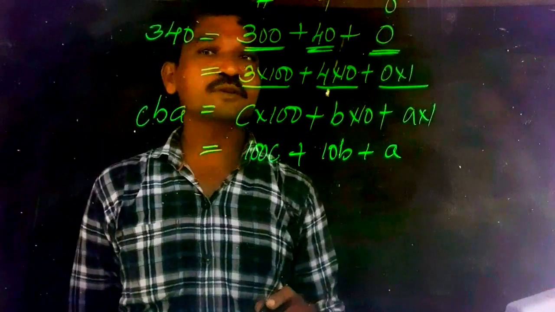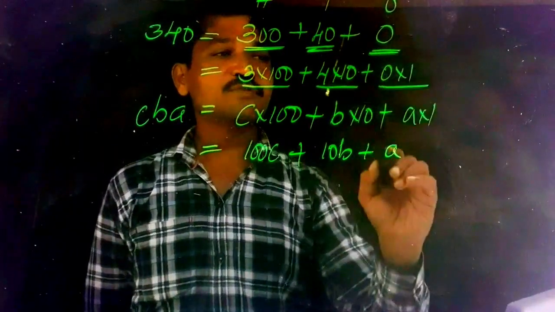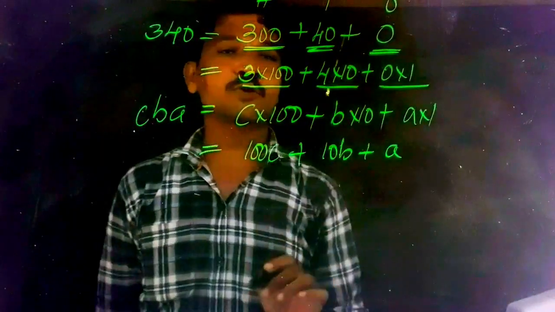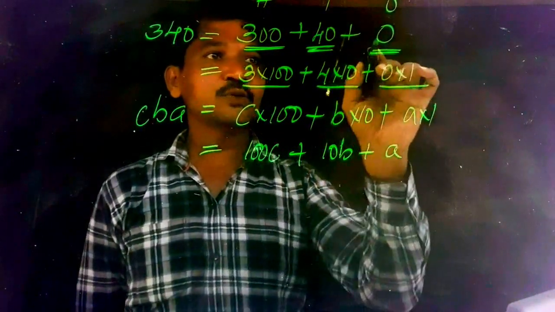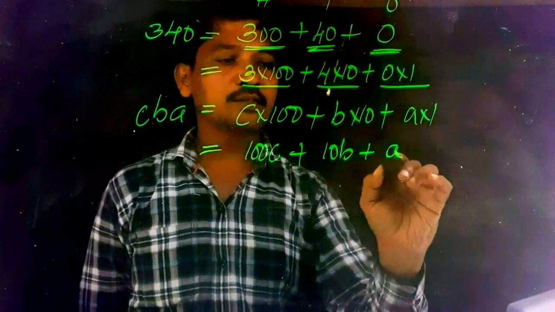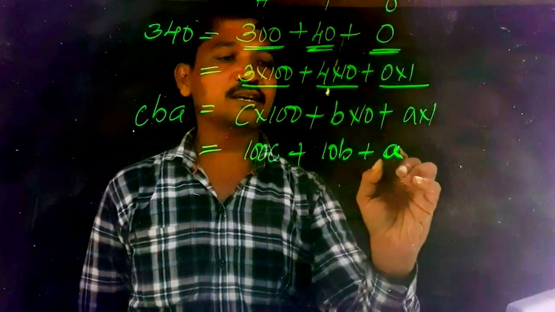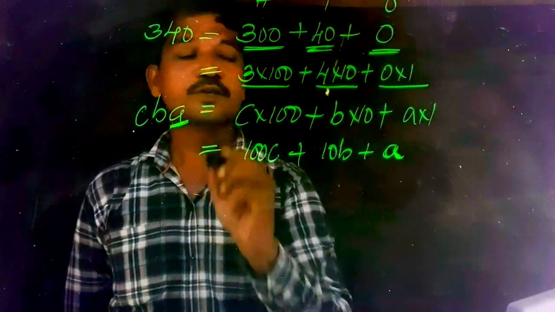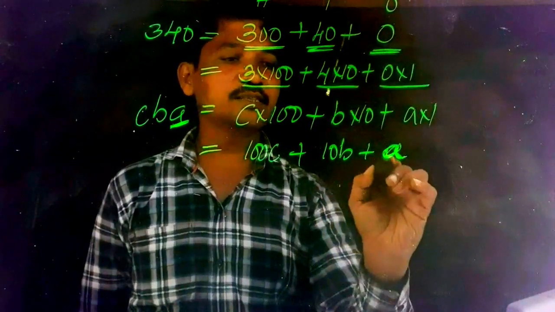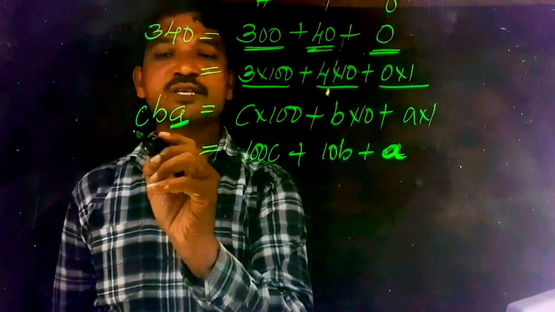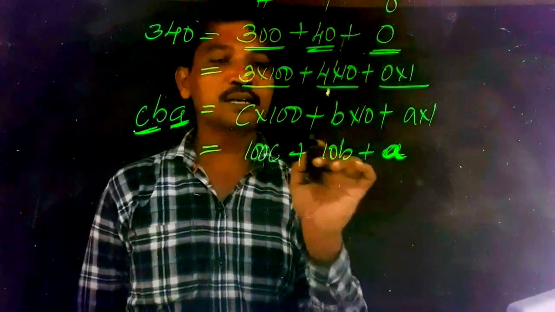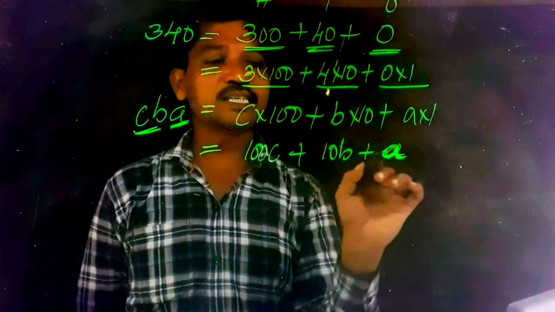So what is the rule of divisibility of 10? If the number is ended with 0. What does it mean? The unit place value should be 0. What is our unit place? Yes, in our number, we wrote A. Okay, so if the A value is 0, then whatever the number in C and B, that is divisible by 10.